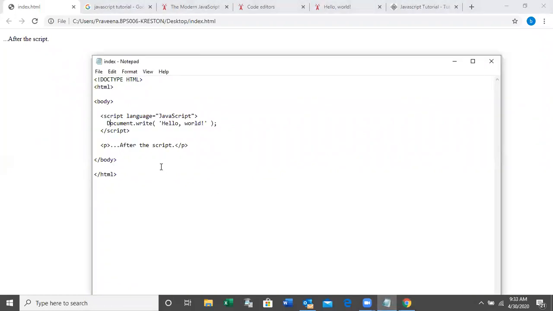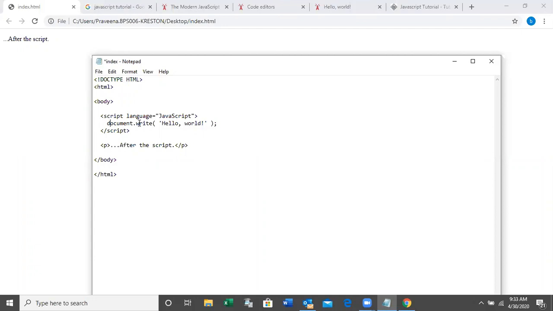Right. That is the mistake I made. I put just capital D. That's why. Right. You have to write simple D. So script language means what is the language you are going to write. Script language is equal JavaScript.